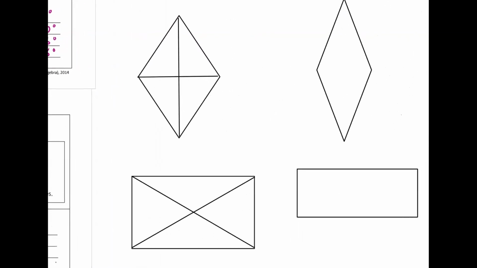what a rhombus has. The amazing properties of a rhombus are, number one, first of all, in order for it to be a rhombus, it has four congruent sides. All right, so notice that this has four congruent sides. But what happens when you have all four sides congruent is the diagonals will always be perpendicular, and the diagonals will also always cut the angles of the rhombus in half. So these two are both cut in half, and then these two up here would also be both cut in half. So that's true of a rhombus, and that's something that we should know before we start to talk about